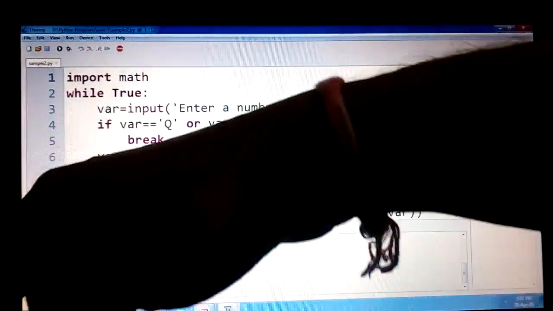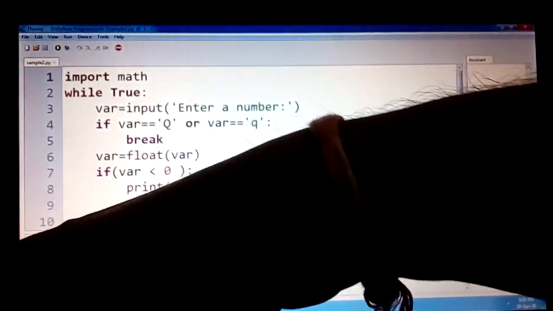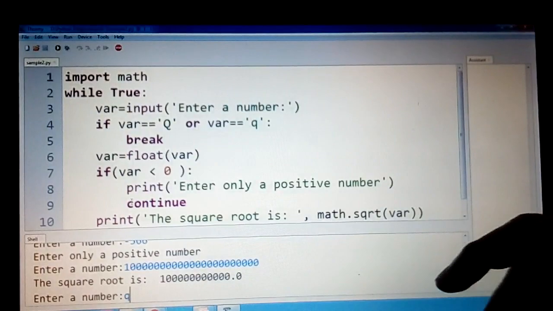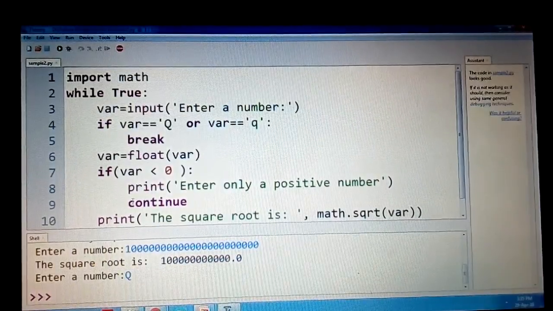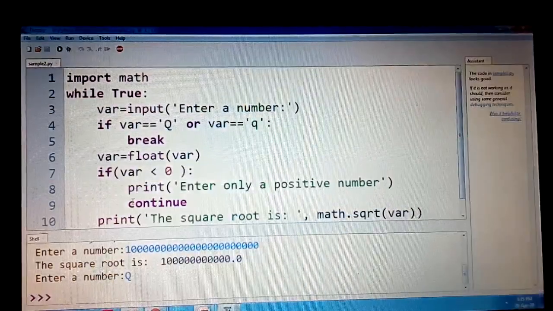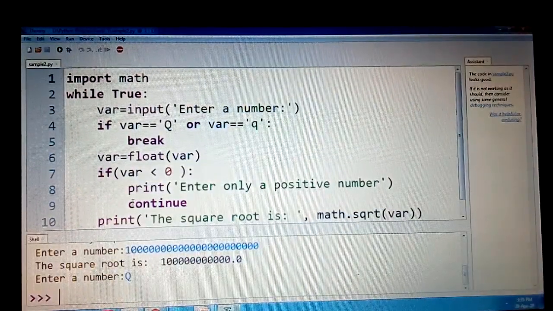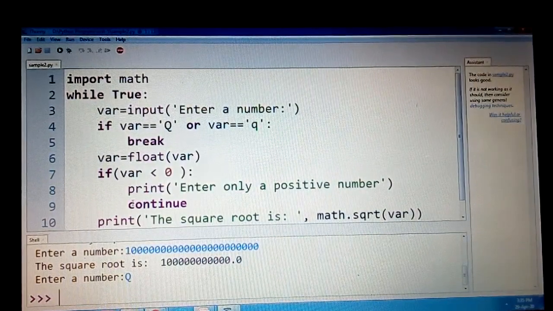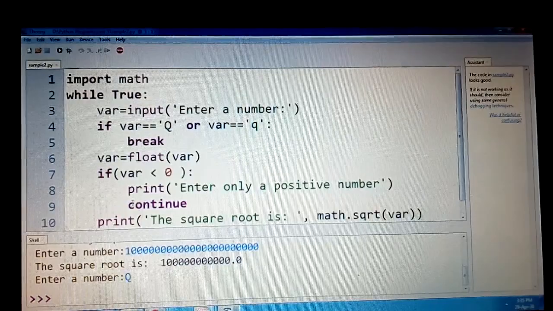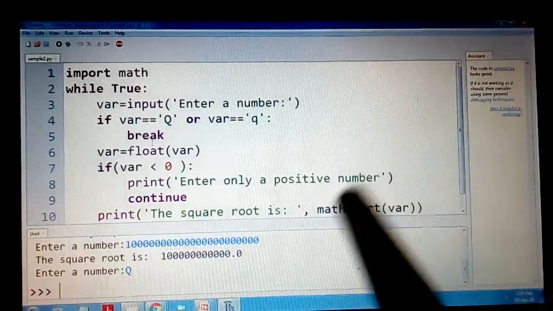Now if I want to come out of the loop, I can say either small q or capital Q. So I can type capital Q here, and you see it has come out, because it is at the prompt. Or you can put one statement at the end saying program is over or program is exited.